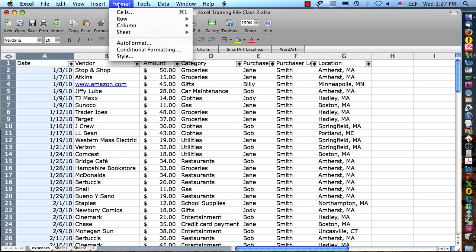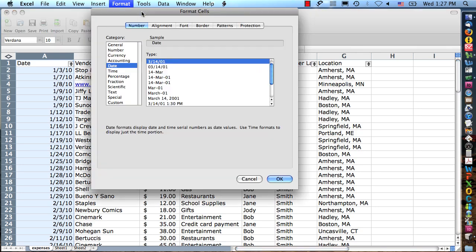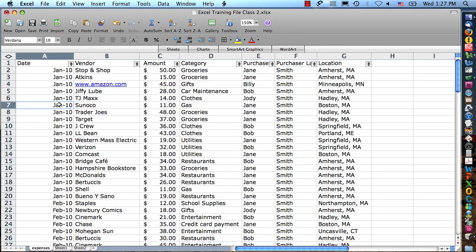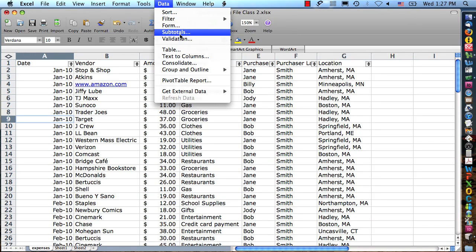I'm going to go to Format, Cells, and under Date, I'm going to find one that doesn't have the actual date in it. I just want the month and the year, and this one looks good. I'm just going to deselect that column so it'll give us subtotals for everything, not just for that one column. And now if we go up to Data, Subtotals,